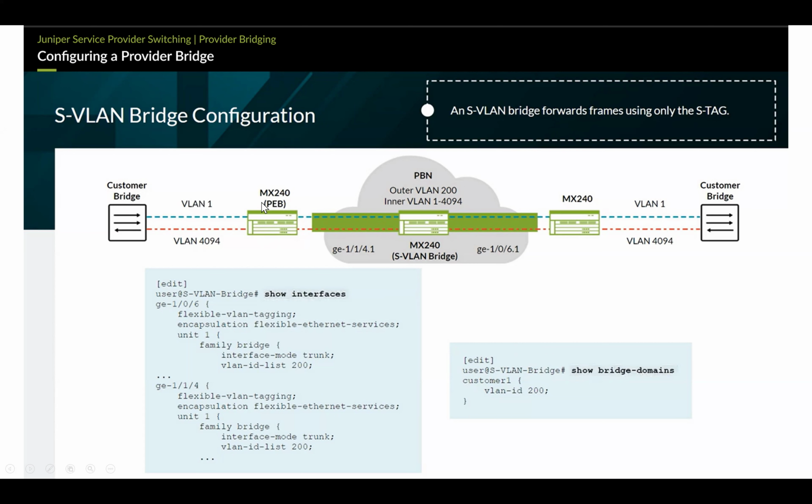This is the provider bridge router, acting as a bridge. Say here the outer VLAN is 200 and the inner VLAN will be 1 to 4094. So the S-VLAN is 200. So here is one interface, ge-1/0/4.1. That means